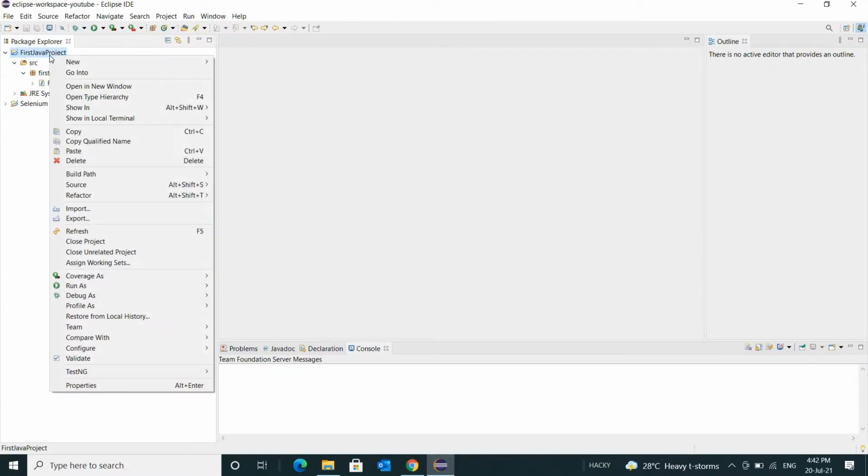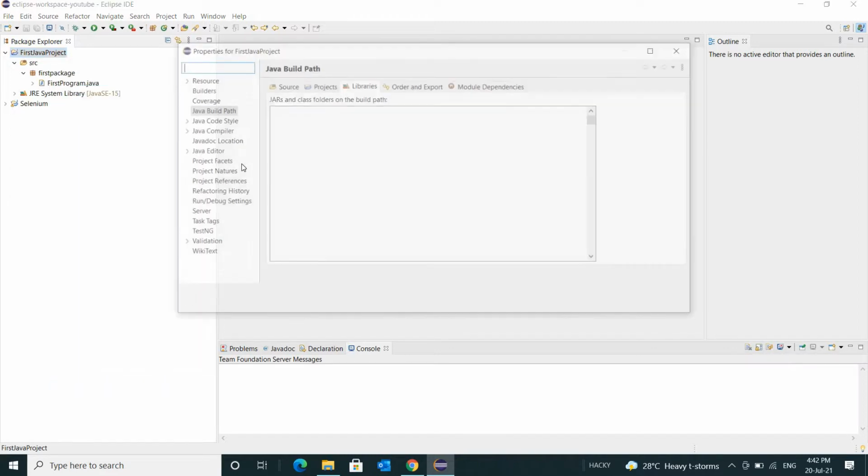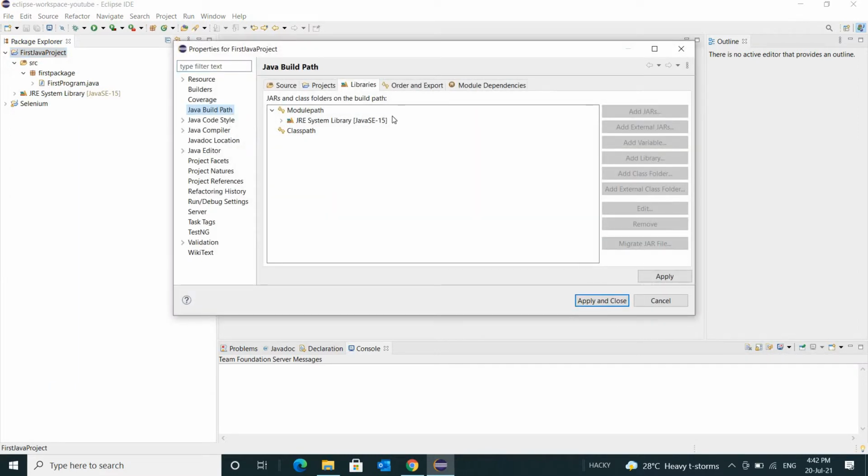To add this in our project, we need to right click on the project, then go to Properties, then go to Java Build Path. Then in the Java Build Path section you need to go to Libraries. Then in the Libraries section you have two options, Module Path and Class Path. You have to be very sure that you have selected only Class Path. If you select Module Path and do the next step, then it will not work for you.